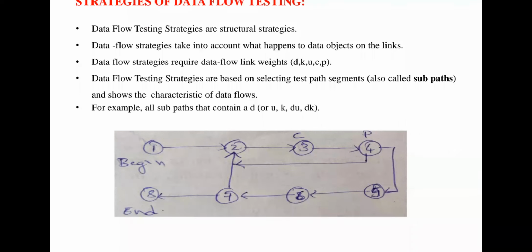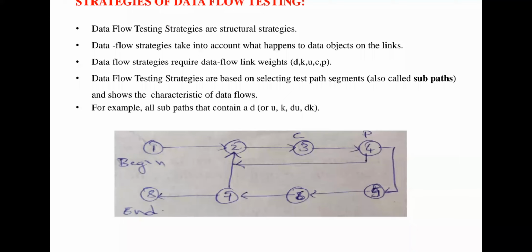Okay. So a single data flow will contain a number of subpaths. We will select a subpath and apply a strategy to it. Why do we apply a strategy to the subpath? To show the characteristics of the data flow: how this data flow is executing, what the properties of the data are, and whether it is executing correctly or not. These all come under the strategy. Based upon which strategy you apply, the testing will be done. We have multiple strategies to apply testing for data flow.